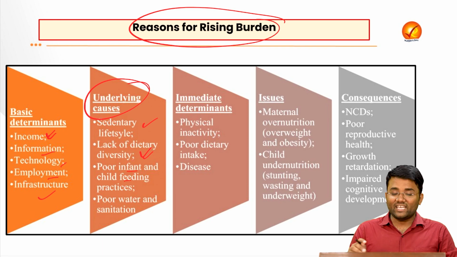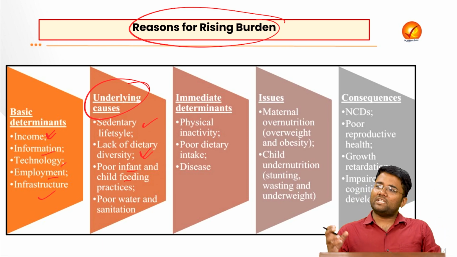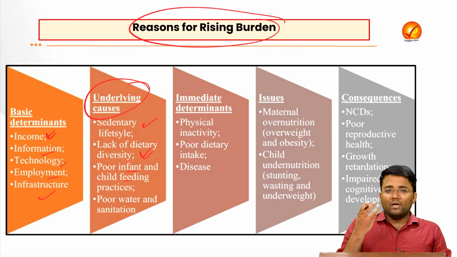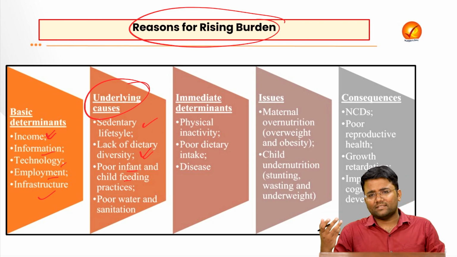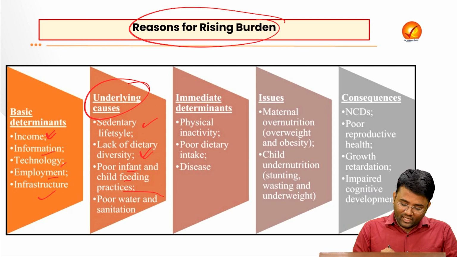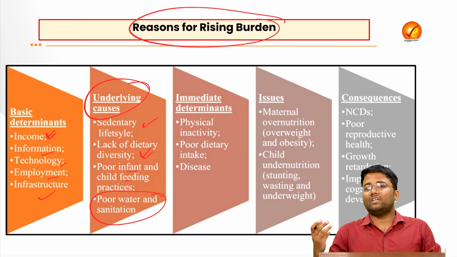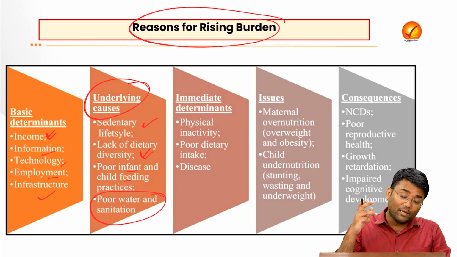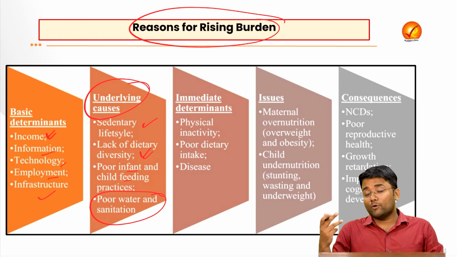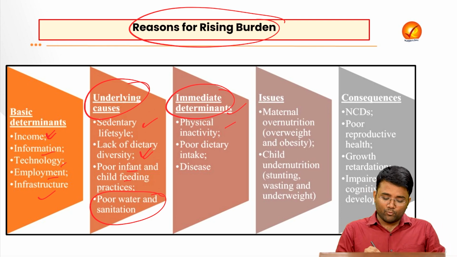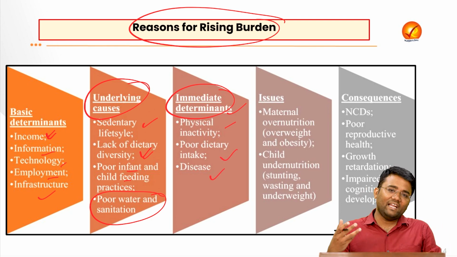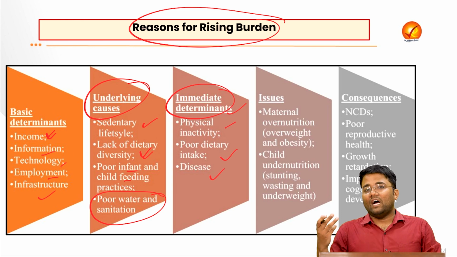The poor infant and child feeding practices, where the mother's milk is very crucial for the child, they are not getting that properly because of hormonal imbalances or various other hormonal issues. Poor water and sanitation lead to underlying communicable diseases, which make them more prone to other non-communicable diseases. Also, other immediate determinants are lack of physical activity, poor dietary intake, and other underlying diseases, or genetic reasons